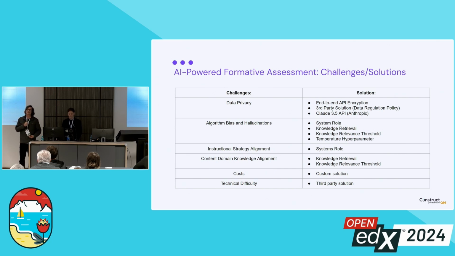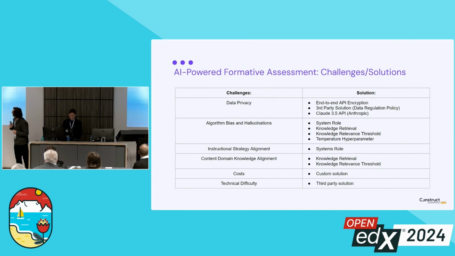And finally, the temperature hyperparameter. The temperature hyperparameter refers to a tool that affects the statistical distribution of content within the output. So if you have a low value, for example 0.1, 0.2, 0.3, the output would be highly reliable, it would be highly deterministic. If you have a high temperature value, the output would be highly creative and less deterministic and a bit less reliable. So we can also combat non-factual information through configuring a low temperature reading for our temperature hyperparameter.